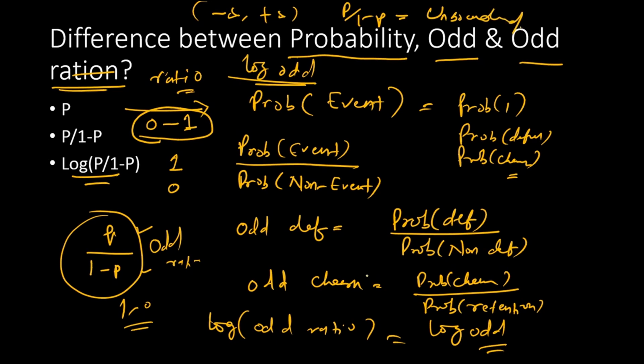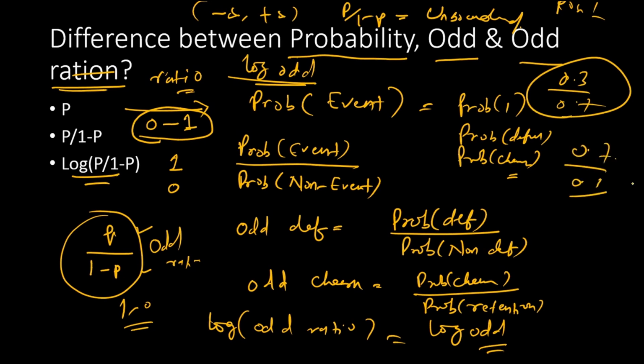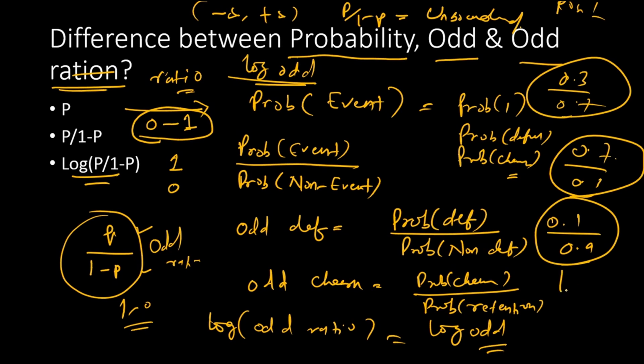Okay. And p by 1 minus p is always a positive number, right? Always positive. That means if you take 0.3 by 0.7, it's positive. 0.7 by 0.3, that's also positive. 0.1 by 0.9, that's also positive. That means this is always a positive number. Now when you take a logarithm of the log odds,